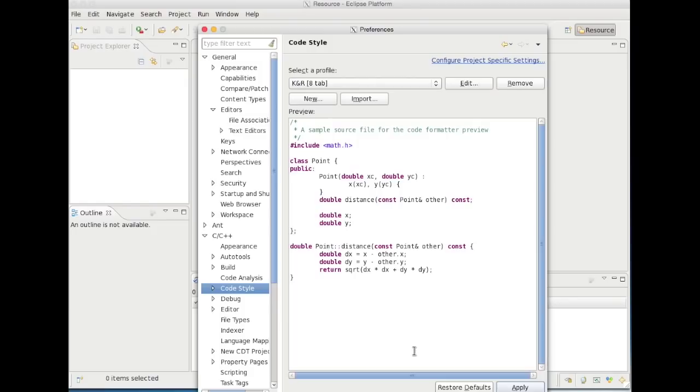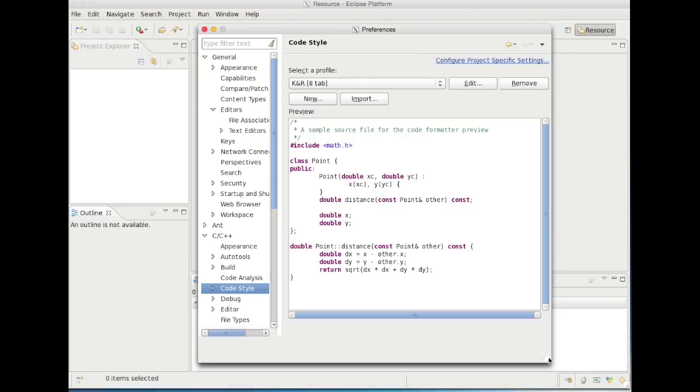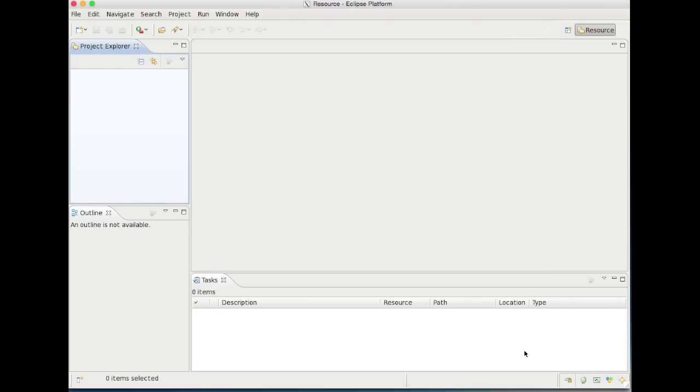So we can click Apply and then click OK, which again is off the screen here. So I can probably move it up here. There it is. Click OK, and then we're back to the main window. You only have to do that once at the beginning of the course, and you shouldn't have to do that again. What I'm going to do now is show you how to set up a new project,